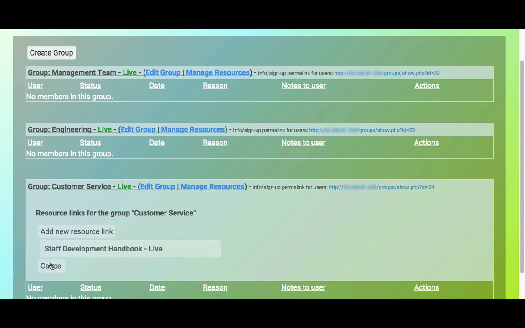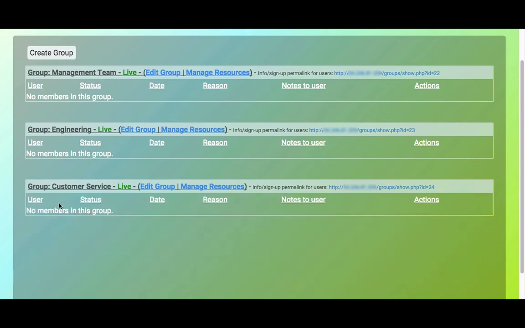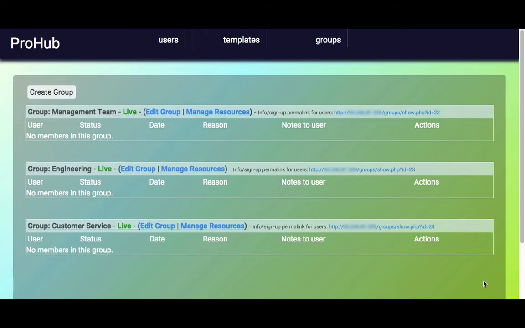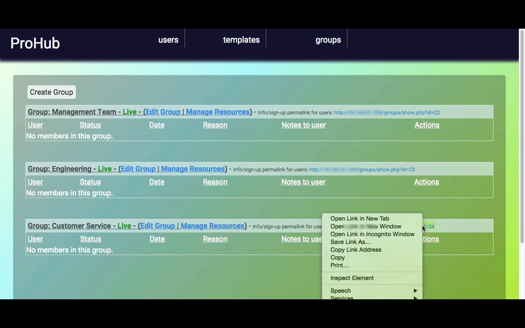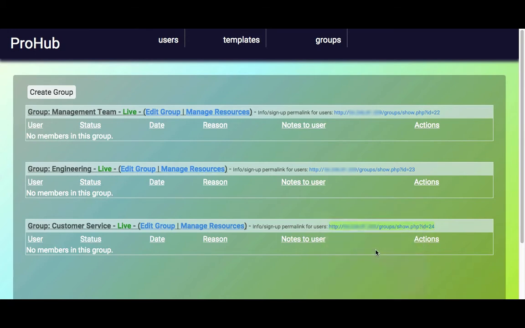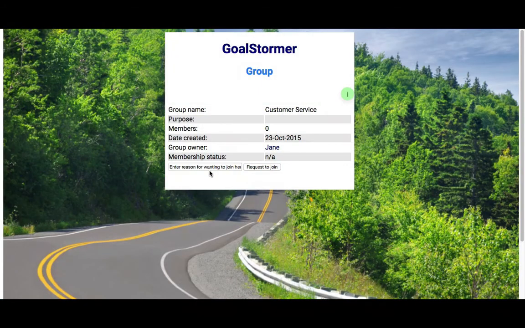So there we go. That's us. Got 3 groups now, all ready to go. For your staff members to join groups, the simplest way is to use the web link here, right click and copy the link address, and then email that link to the members of staff who should be in this group. And then what happens is they follow that link and request to join the group. Your member of staff will then enter their reason for joining, so I'm in customer services,